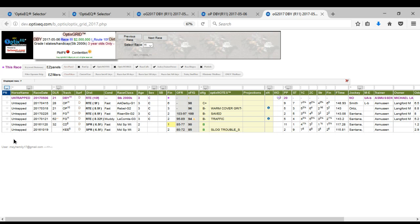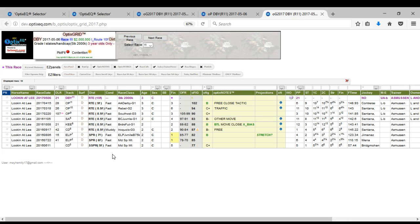We're kind of getting into the 21-22, and I think we'll kind of end it at that. The number 21, Looking at Lee. This horse, we will talk about him for sure because he does get in. Again, I mentioned Malagasy is not going to race, so Looking at Lee definitely has enough points to make the field. Last time out, Arkansas Derby, B grade, free closed tactic. I got some questions about this on Twitter, and